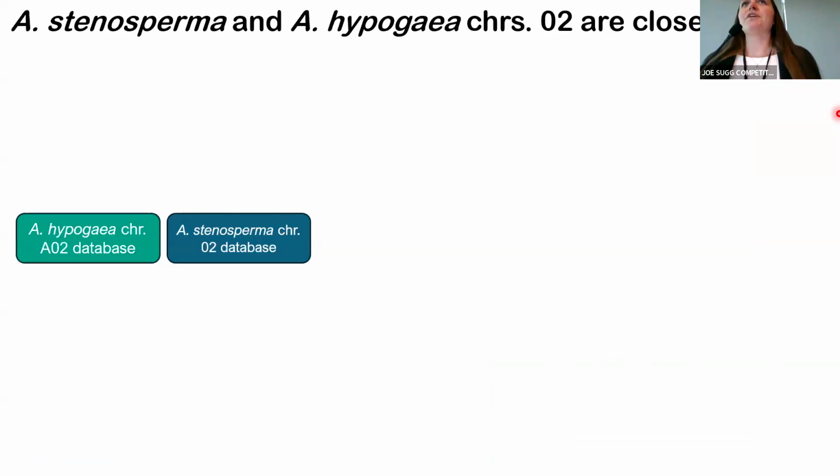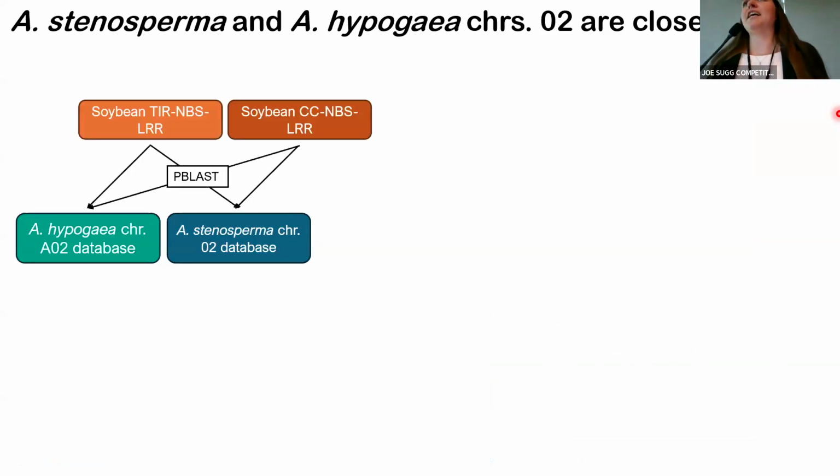So lastly, I wanted to look into how this introgression might be providing resistance. I started with the publicly available sequences for cultivated Arachis stenosperma chromosome 2, and I did a BLAST search using sequences from soybean for NBS-LRR genes. These are genes that are very commonly involved in disease resistance and are likely responsible for the resistance from Arachis